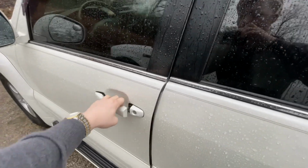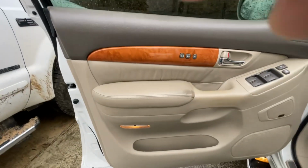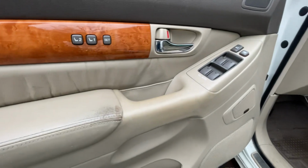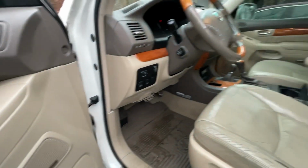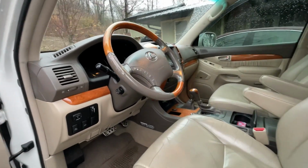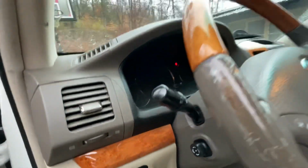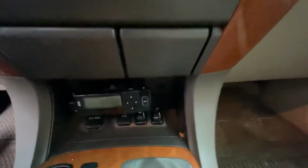To start this review off, we're going to go into the interior first. We have 2-position memory seats, padded armrest, automatic power windows, all 4 of them. We have a power telescoping and tilting steering wheel, nice wood grain on the dash and the steering wheel, automatic climate controls, nice soft leather, touchscreen, Mark Levinson sound,